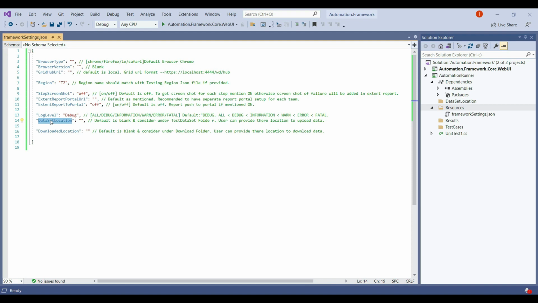Another field is the dataset location. Sometimes you want to upload files in the application, then you can provide the information here in the dataset location. If you don't mention any path, then the default location we are treating is this dataset location, which is present inside the automation runner. If you provide some path, then this dataset location will be ignored